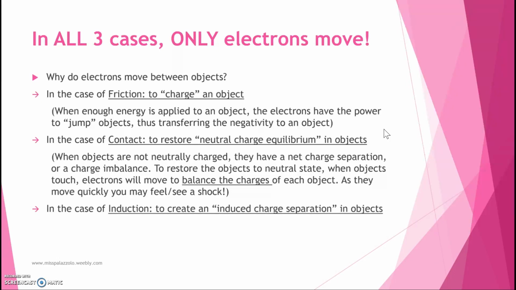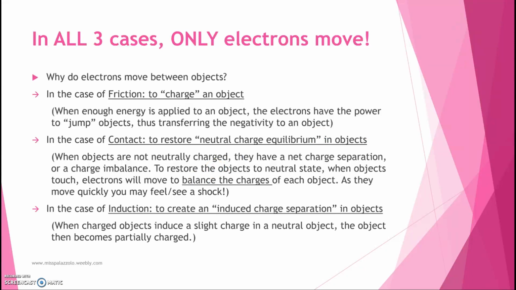And in the case of induction, the reason why electrons are moving is to create an induced charge separation. So when objects induce a slight charge in a neutral object, the object then becomes partially